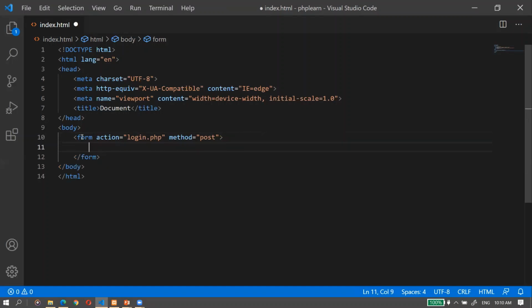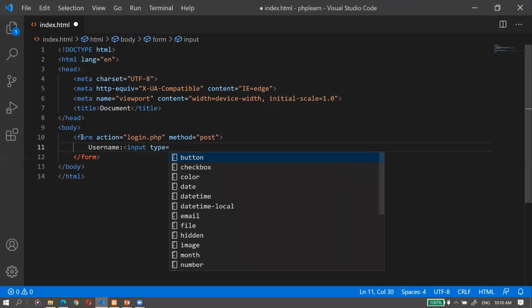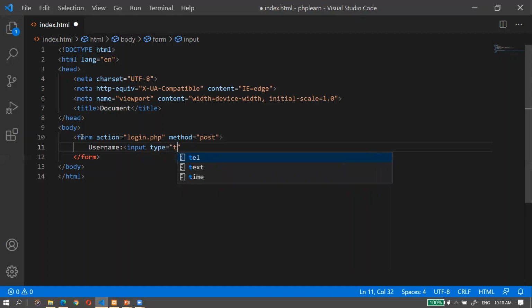And under the form, I'm creating a username and password. Let's create a username. Right, this you already know how to do. The name I'm giving is very much necessary for this particular text box, because I will be using this name for my validation purposes, right? So the name I'm giving is USN.